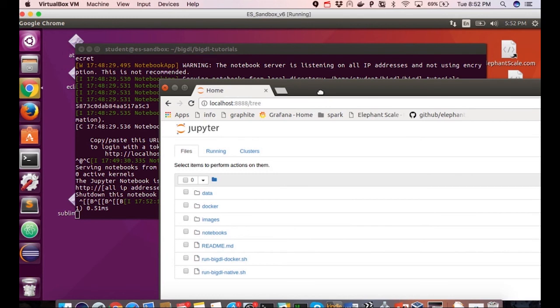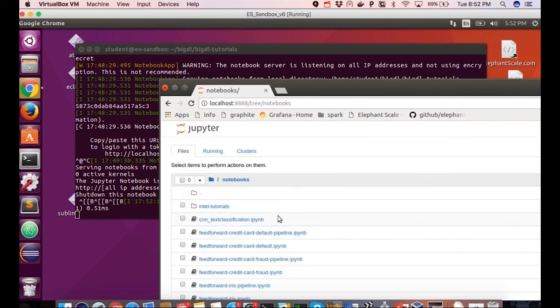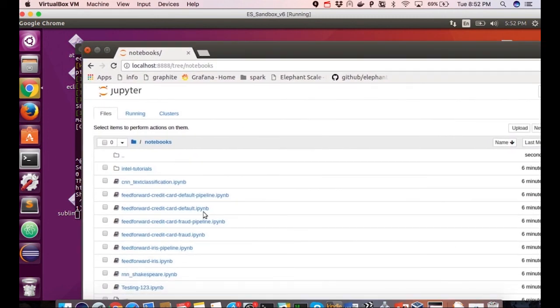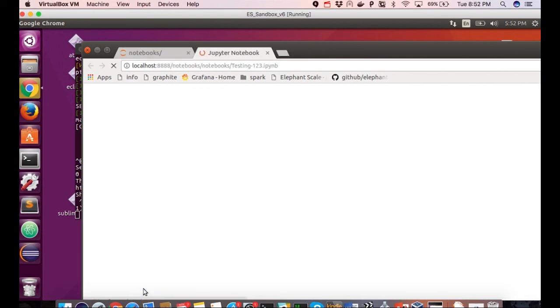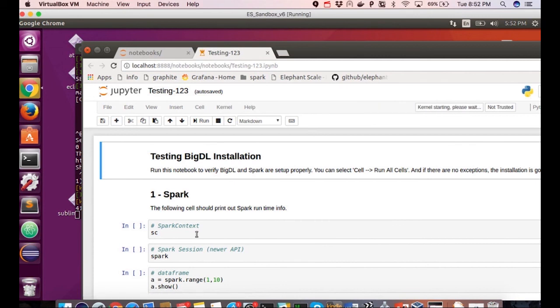And you can see that our Jupyter notebooks are now running. And we can go to the testing 1, 2, 3 notebook. And we can watch this work as we did on Docker. Great. So now we have the BigDL running in the sandbox.